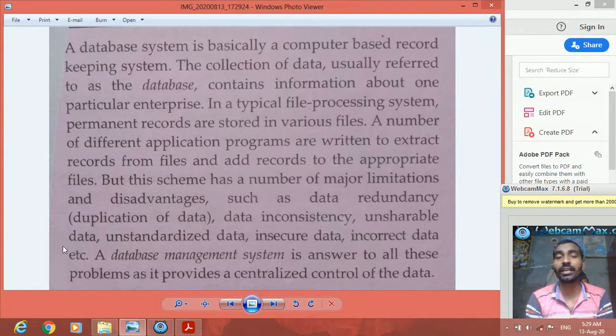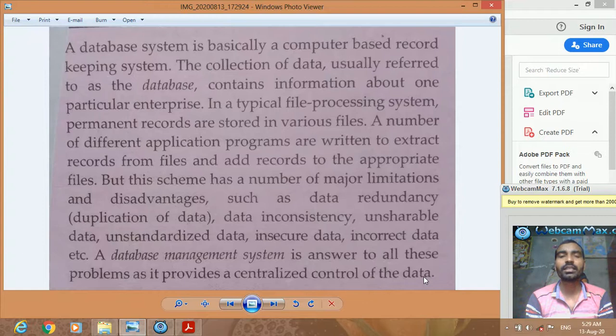Since simple applications have all these limitations, the solution is a database management system. It is the answer to all these problems, as it provides centralized control of the data.